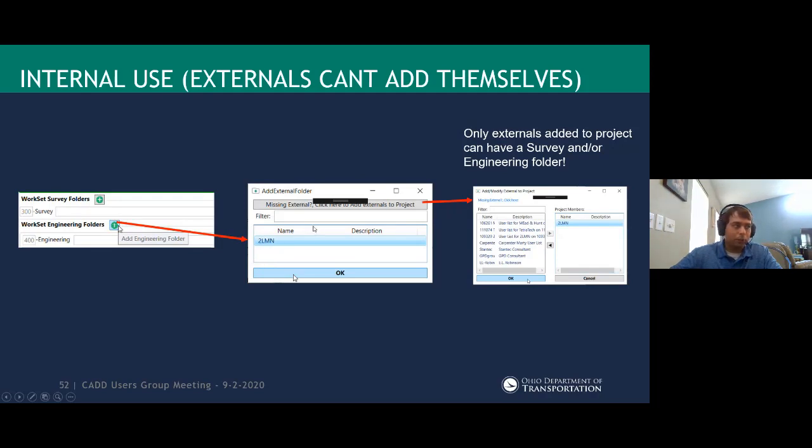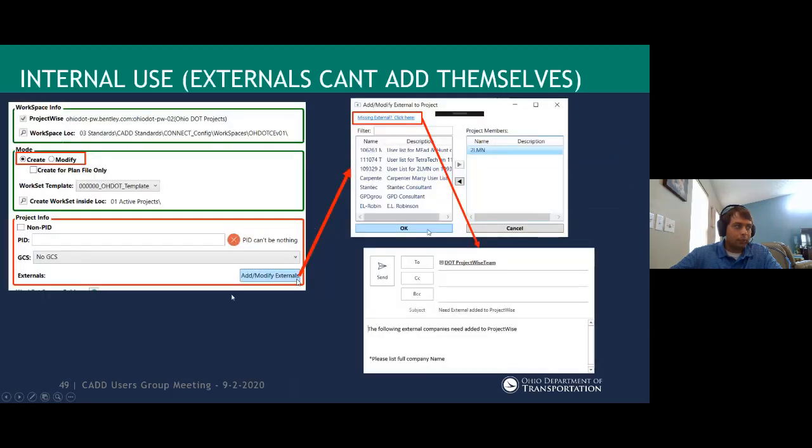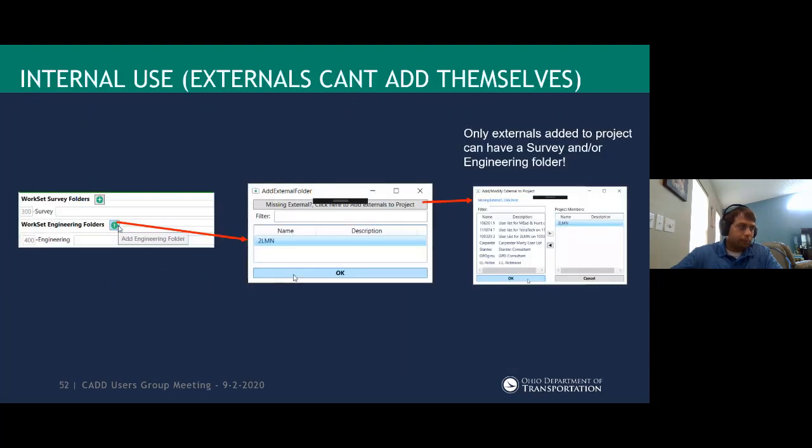What I showed earlier, in the project info, is how we add the externals. They have to be added to the project in order to get edit access. If they're not added, like you forgot, I added a button that takes you right back to the same add modify project, and you can add that consultant.